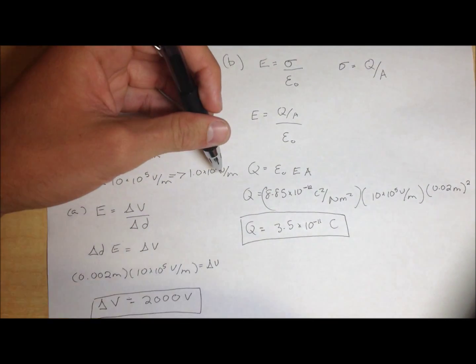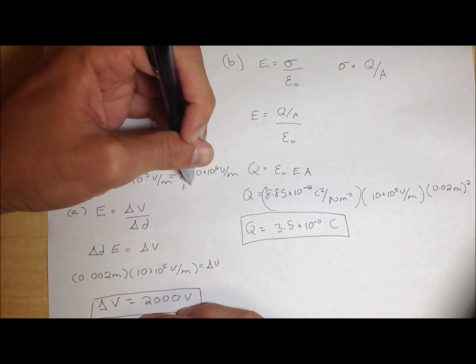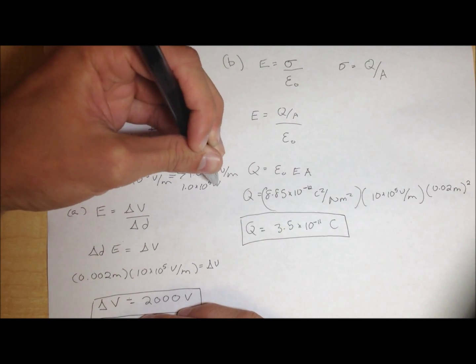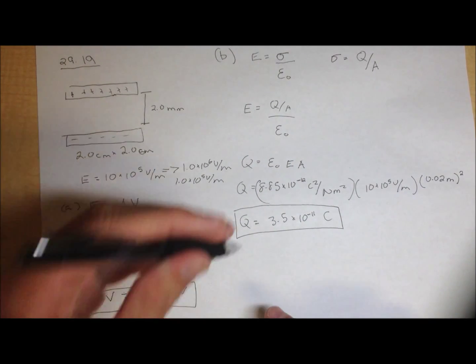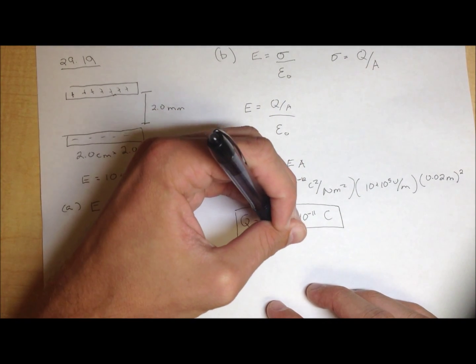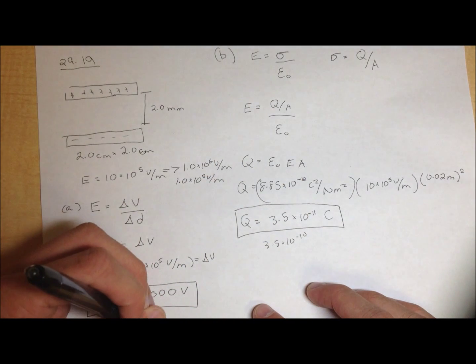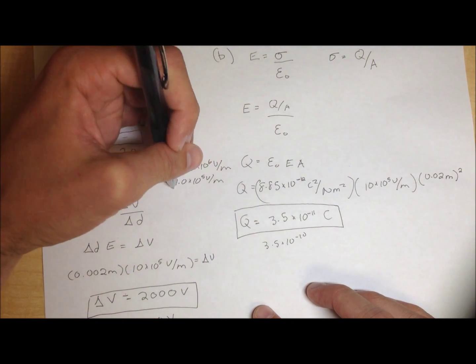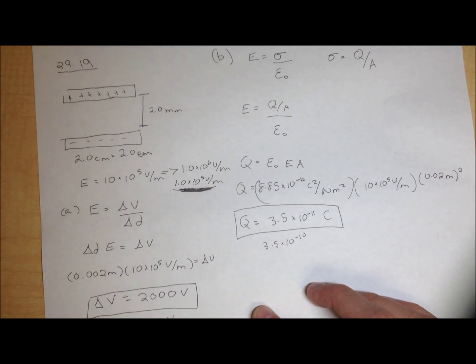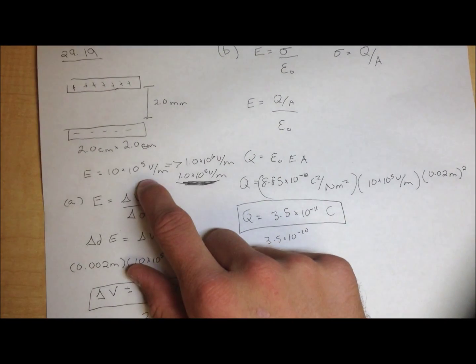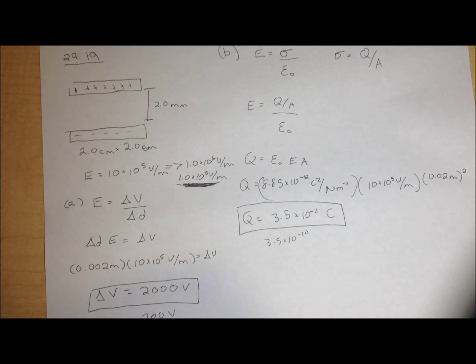Now I think what the book meant to write was 1.0 times 10 to the 5th volts per meter, which would give you the answers in the answer key that's posted online, which is really 3.5 times 10 to the negative 10th, I think, and 200 volts. So this would give you those answers, but that's not what the E value is. The E value is 10 times 10 to the 5th,